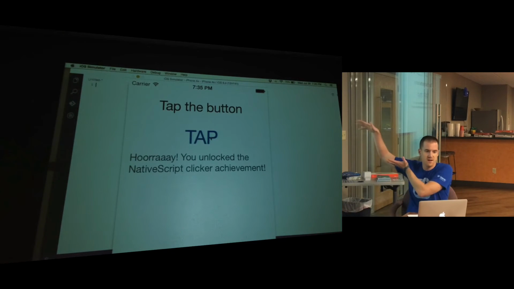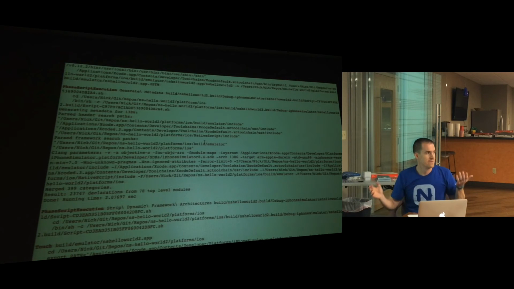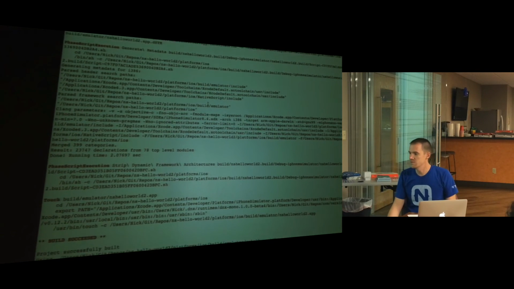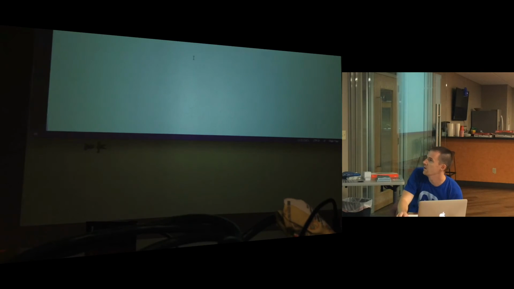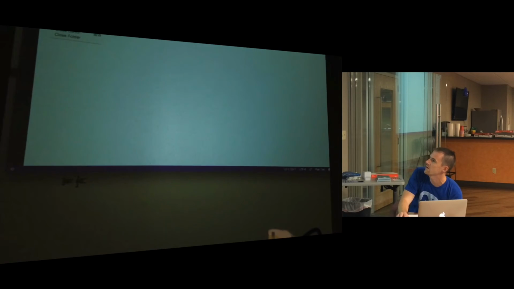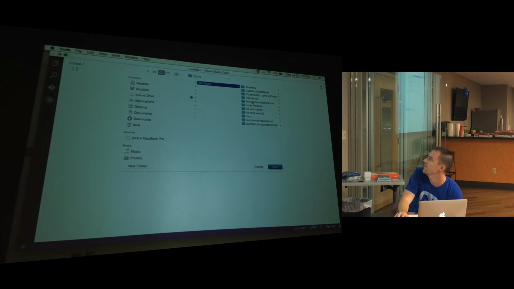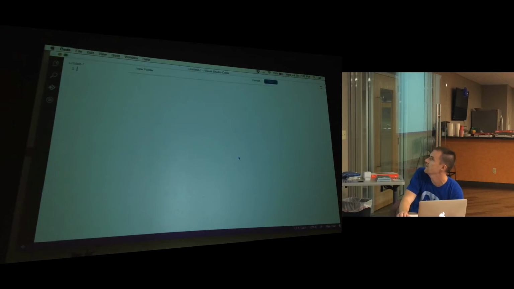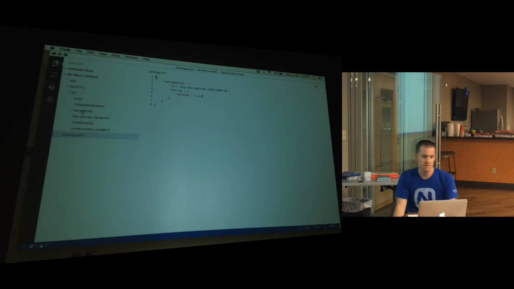But like I said, on the iOS side, I mean, you guys saw how easy that was. We created a brand new iOS app, a Hello World app. And, you know, we can open up in Visual Studio Code or whatever your favorite editor is. You can find the right menu option here. I can point it to NS Hello World 2, open that up. I can start editing this app if I wanted to, although I don't know what I would be doing because I'd probably be breaking it at this point.